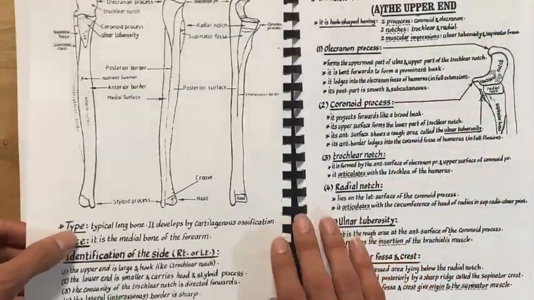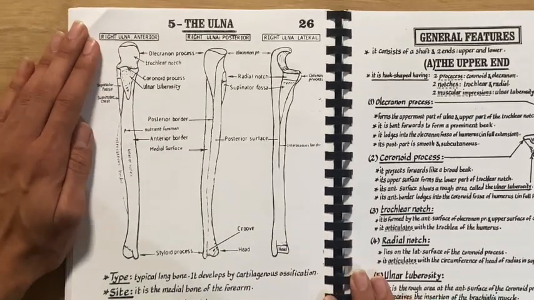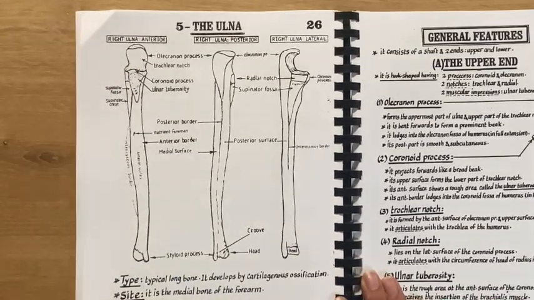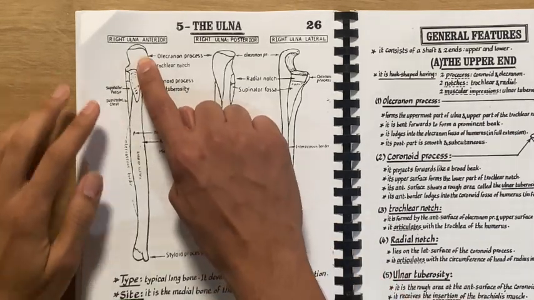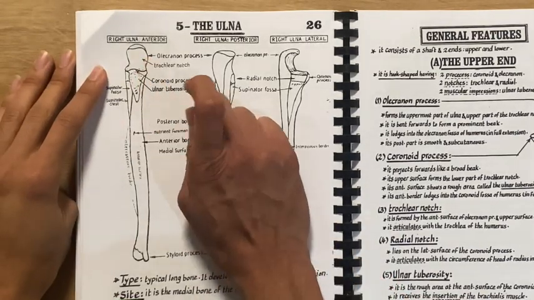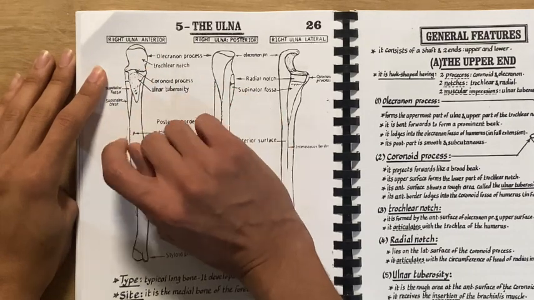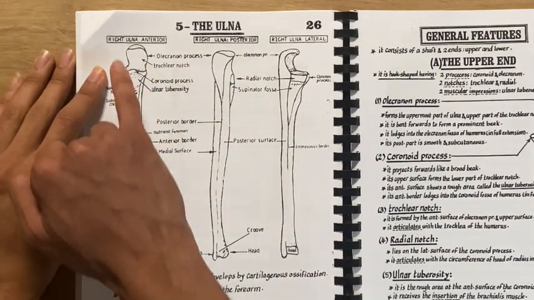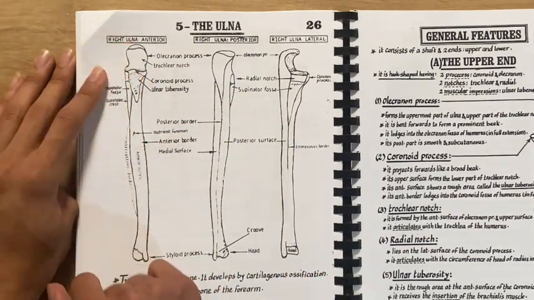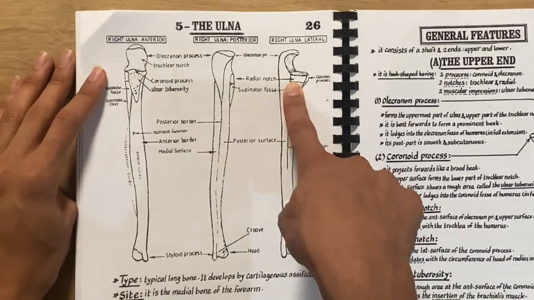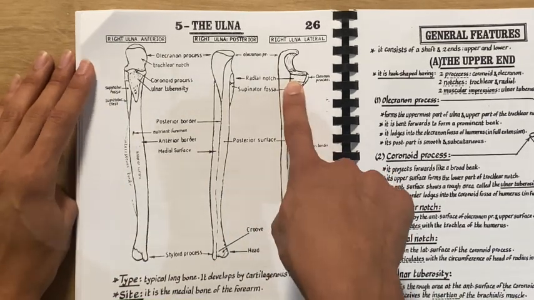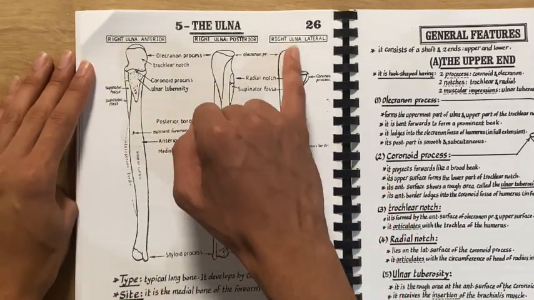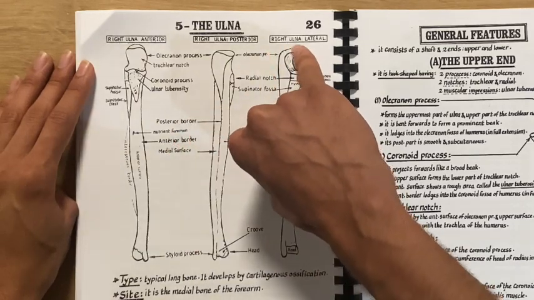Next is the ulna. The ulna, it is quite different from the radius. This is the superior part of the ulna. It has an olecranon process, a coronoid process, and a trochlear notch between those 2 processes. So if you look at the lateral aspect of the ulna, you'll see that the olecranon process is found here, and